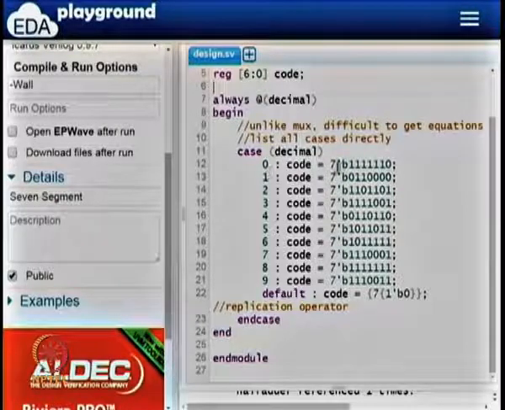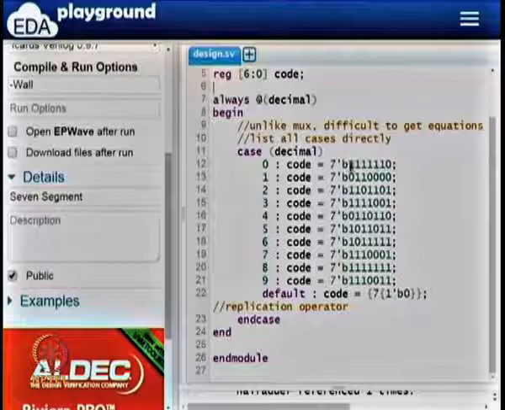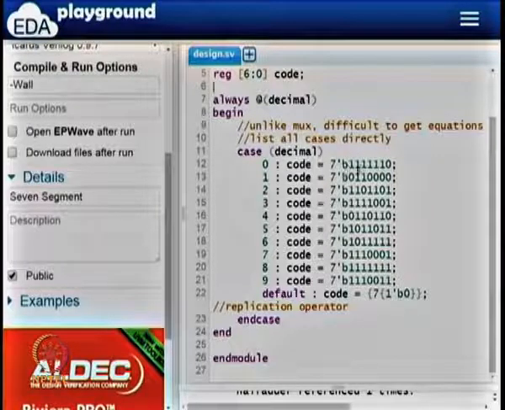If I want code 0, I can quickly write that I want all the things on the periphery to be 1 and this to be 0. So if I want 1 to be displayed, the top segment must be off, then the rightmost segments are both on, all the other segments are off. So this is how we think and imagine the design.